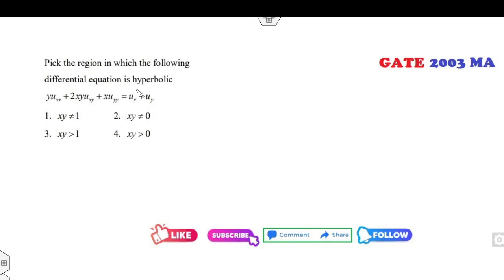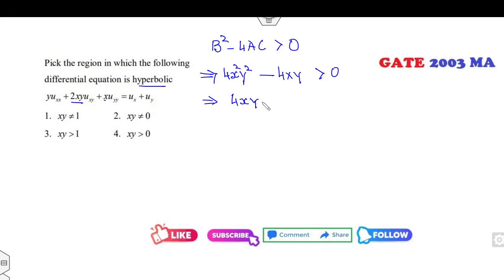Look at the another case. Which of the following cases will be a parabola? I can find b squared minus 4ac must be greater than 0. What is b? 2xy. So it's 4x squared y squared minus 4ac. Fine. So I can take 4xy as common. xy minus 1. When will it be greater than 0? When xy is not equal to 1. But that's wrong. If you take xy is equal to 0, then this number will be 0. xy is not equal to 0.